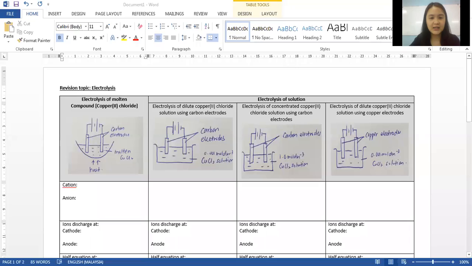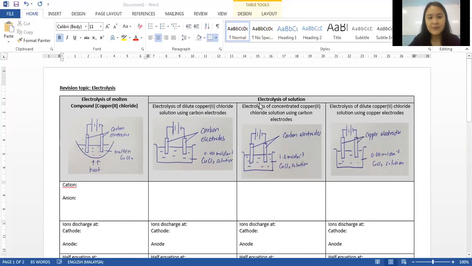Okay, so over here, you can see that I've actually combined the electrolysis concept, electrolysis of molten compound and electrolysis of solution, in one A4 size paper. So in one shot, we're going to do a recap for electrolysis of molten compound and electrolysis of solution. Now, the first thing that students understand is that if I have a molten compound, say for example, a molten copper 2 chloride, inside this molten compound, I only have the chemical ions, copper 2 ions, and